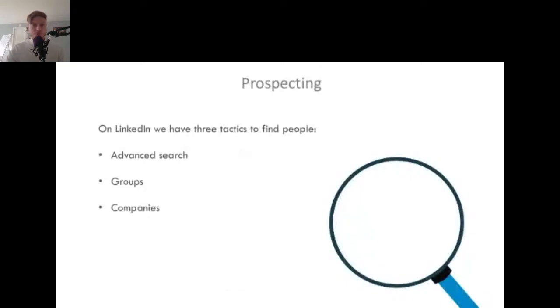In groups, for example, based on digital marketing. You can also find people in companies. If you go to bigger companies with thousands or hundreds of employees, you can go into this company and search inside of this company for people. For HR, for example, if I want to go to, let's say, Microsoft as an example, and I want to help them with LinkedIn and do a LinkedIn course to utilize employer branding and thought leadership here in Norway. But anyways, if I would like to do that, I search it up and find the HR people